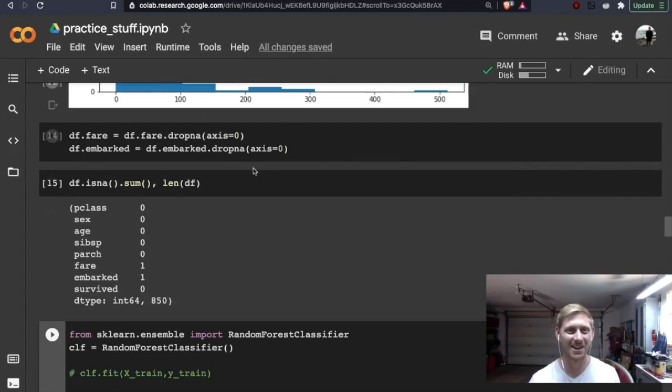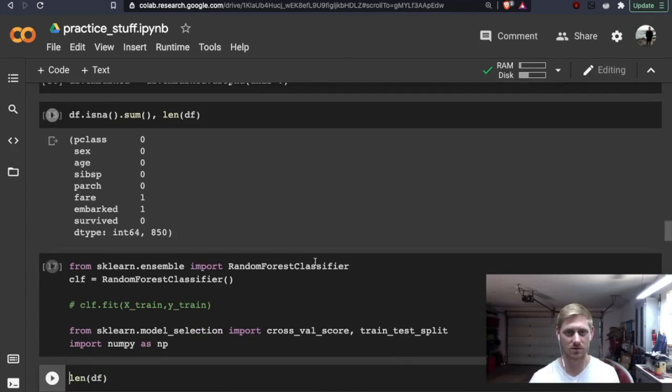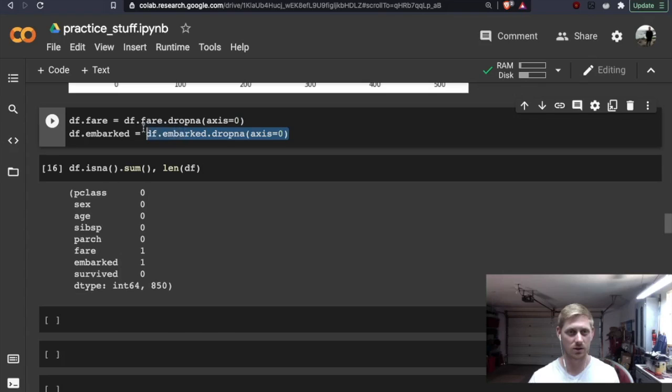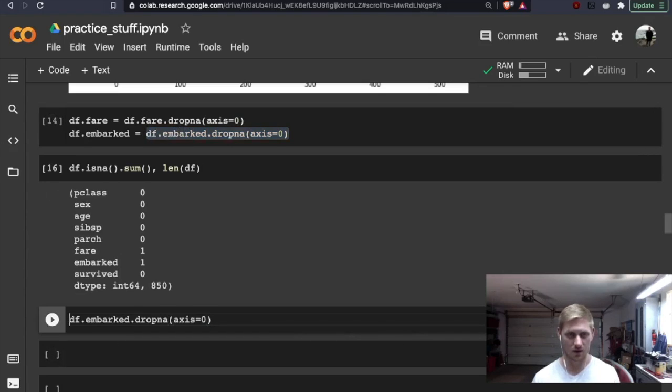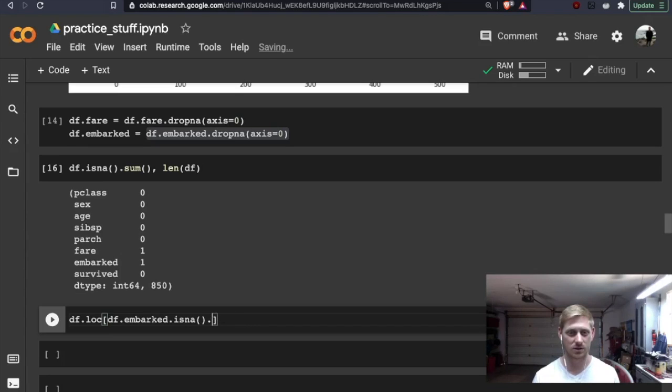And we still, I didn't do anything, wow. So why did it not do anything? Just real quick, let's copy this and do dataframe.loc so we can locate the data where the value is null: df.embarked.isna. I think .any, if I'm not mistaken. Right? Wrong? I'm not sure. Let's just run it.